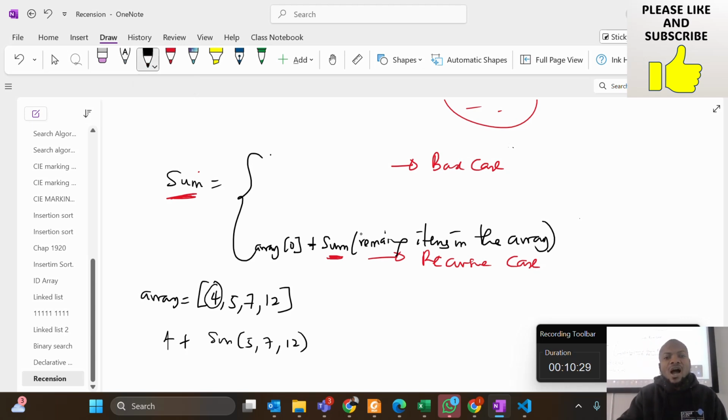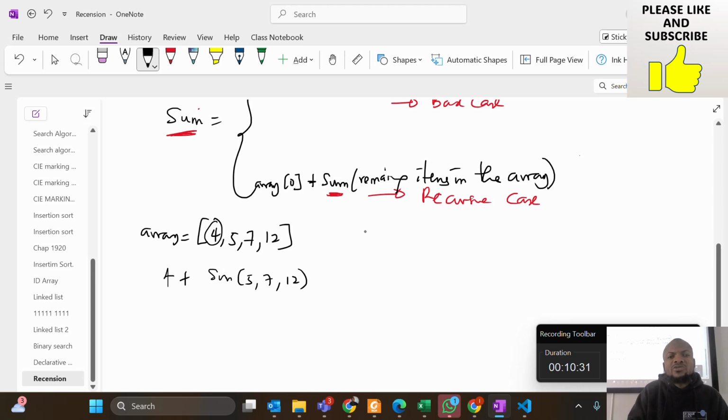If I take out the first value, what is the first value? 4. I took it out and add it to the remaining. By the time I'm calling it again, I take the next first value. What will be the first value now in the remaining? 5. Then I add it to the sum of 7, 12. Is that understood? I come back to take the first value,